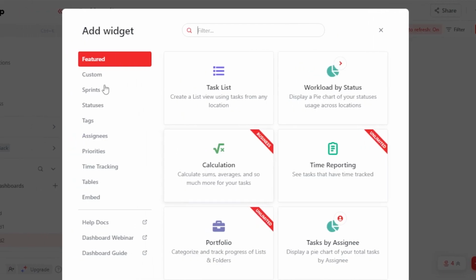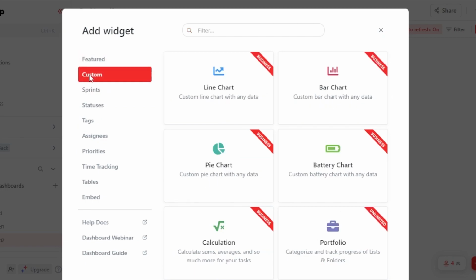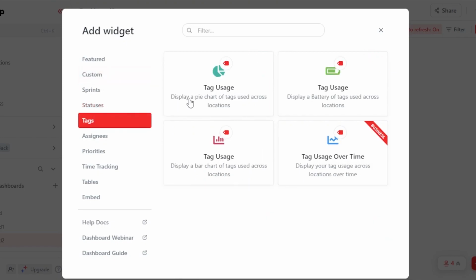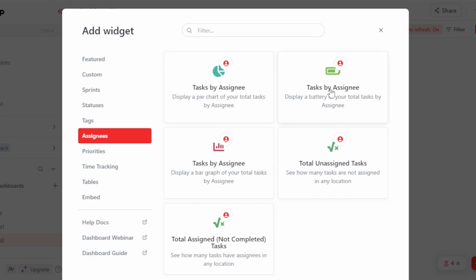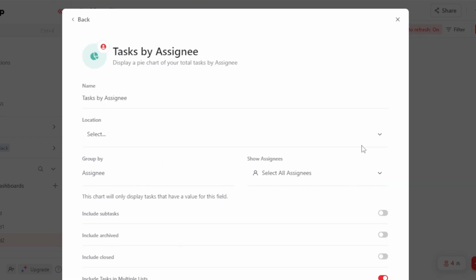This time, I'm going to go to the custom option here. In custom, you can see we have line chart, we have bar chart. These are the different types of dashboards available on ClickUp. We have calculation, we have portfolio. Then in tags, we have tag usage, we have tag usage in bar, then we have others. We have assignees right here, tasks by assignees, and then we have tasks by assignee as a bar graph, we have pie graph. So what I'm going to do is go with a pie graph for the tasks